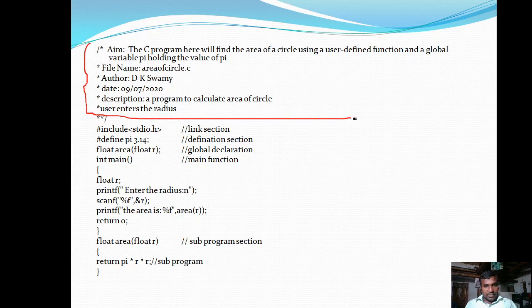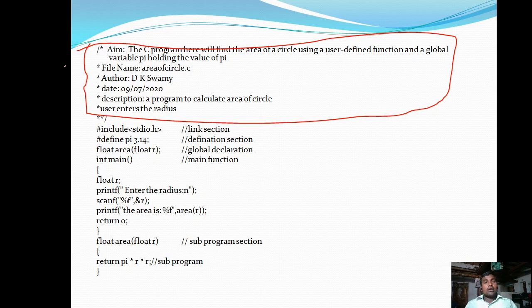It consists of several pieces of information about the program: the date and time it was written, the name of the author, the file name, and the aim or objective of the program. Now this is the link section, this is the definition section, and this is the global declaration section.